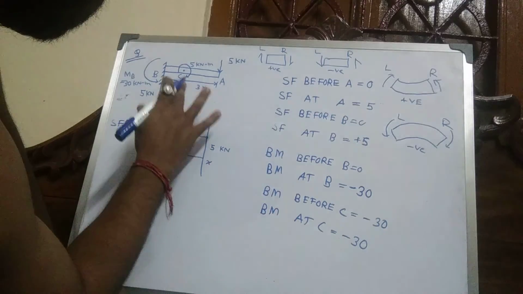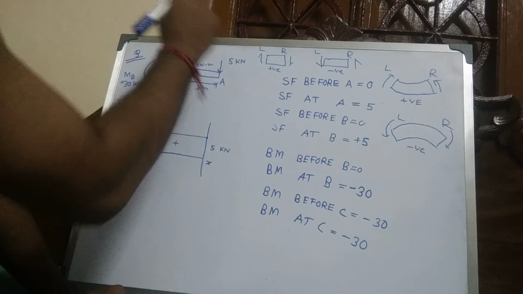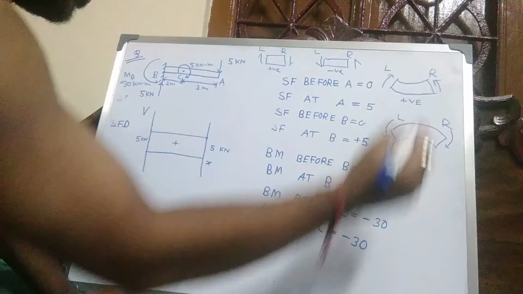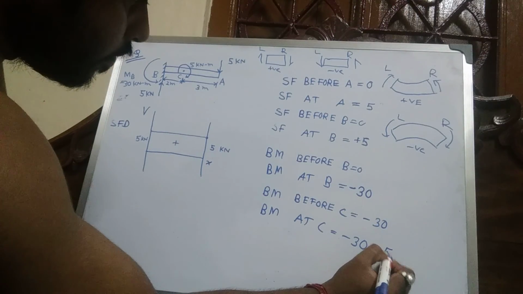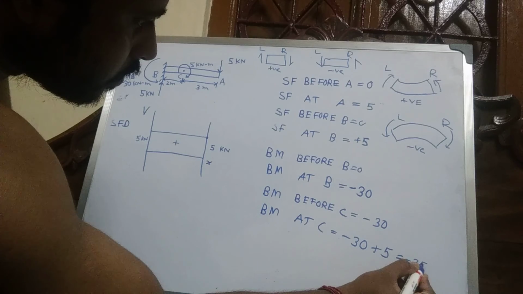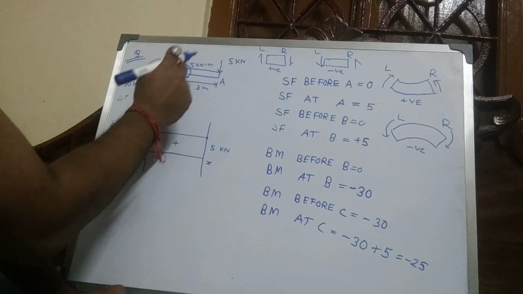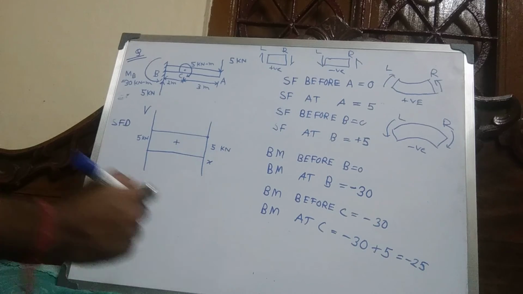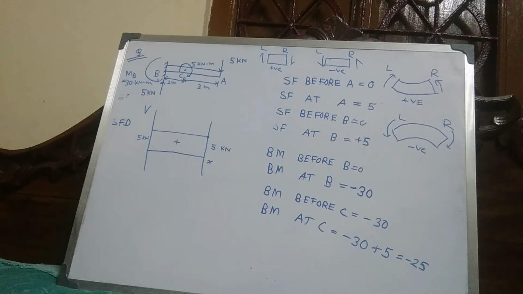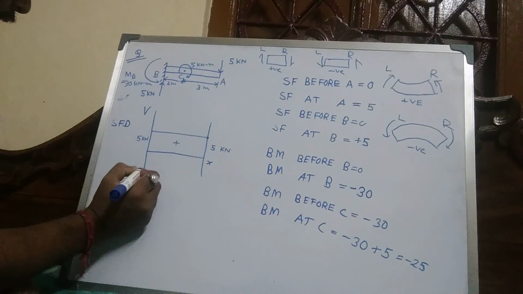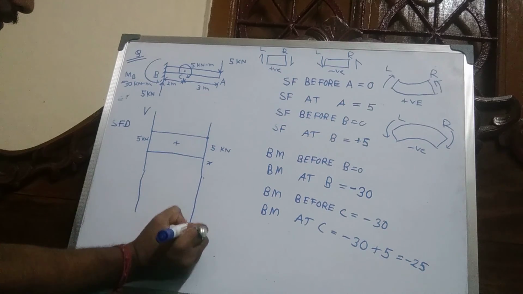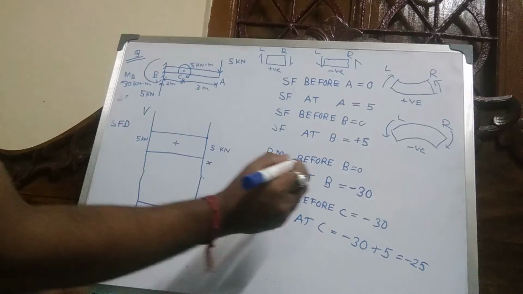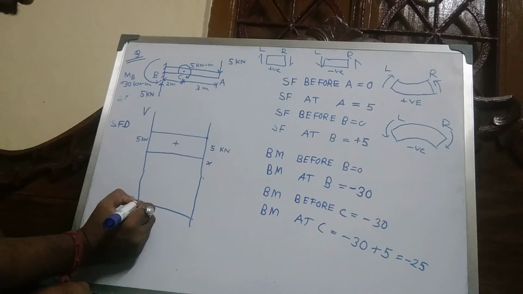30. Actually this is left side clockwise, left side clockwise positive, so 5 minus 25, and after C there are no moments, so draw the shear force diagram and bending moment diagram. This is this, and first before B, 0 bending moment